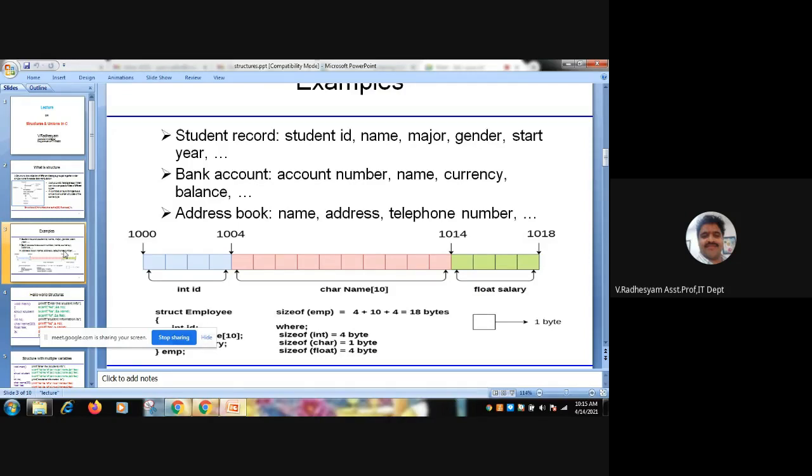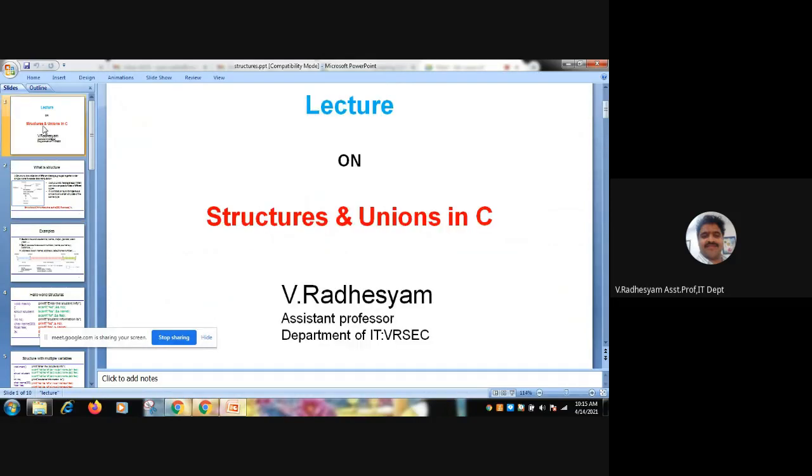There are some situations like employee also: employee name, number. Name is a string or character data type, number is an integer data type. The salary of the employee is a float data type. Like book also. These are the situations where you cannot go with only arrays or only float arrays or only strings. You need to mix up different data types. So the structures can do the part. Unions are also similar, which we will discuss later.